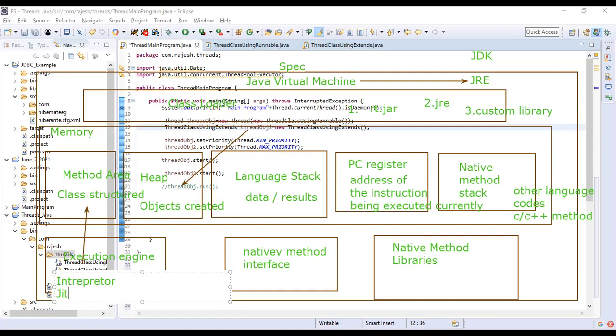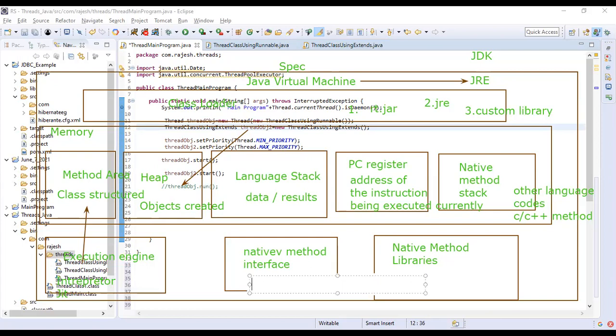And the JIT compiler is the just-in-time compiler, for performance improvement. The native interface is for working with input, output, C, C++, console. All these are native methods, and the libraries for native methods are stored here.